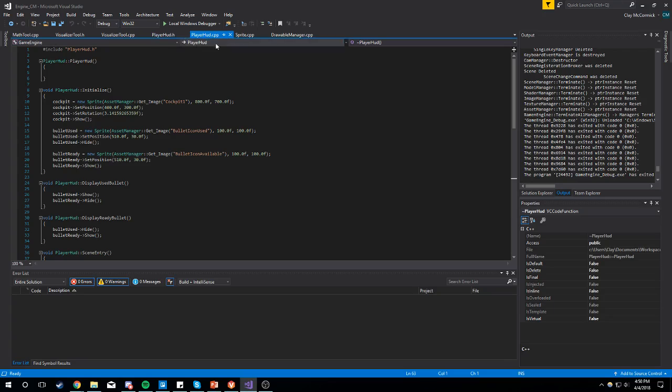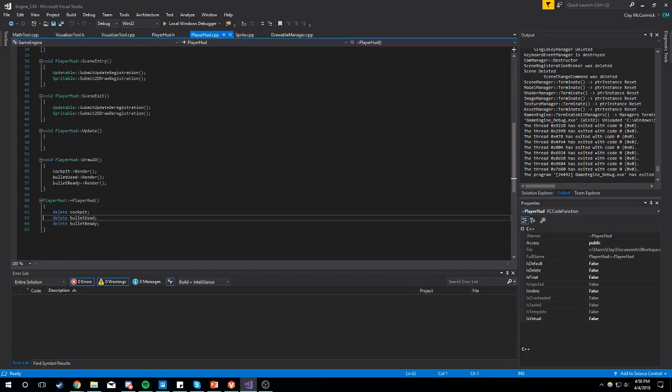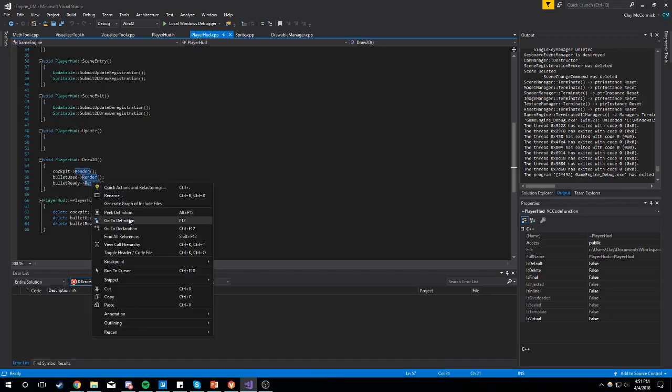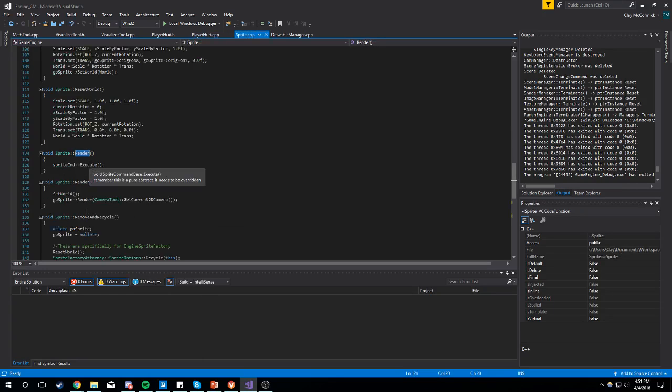inside the player HUD, you're always drawing them to render, but depending on if they're hiding or showing, the hide is basically just like our scene null, so it doesn't do anything, but then show will actually render it to the screen. So if I go and show you this really quick, F12,